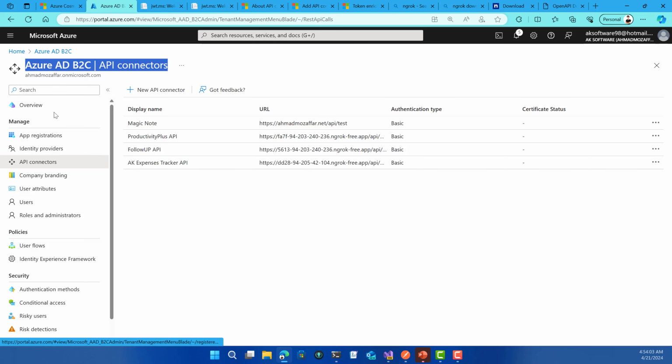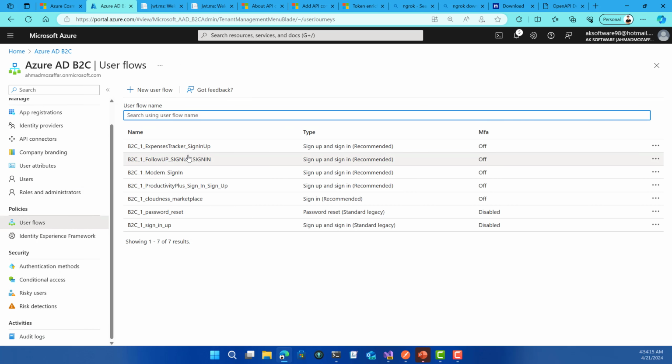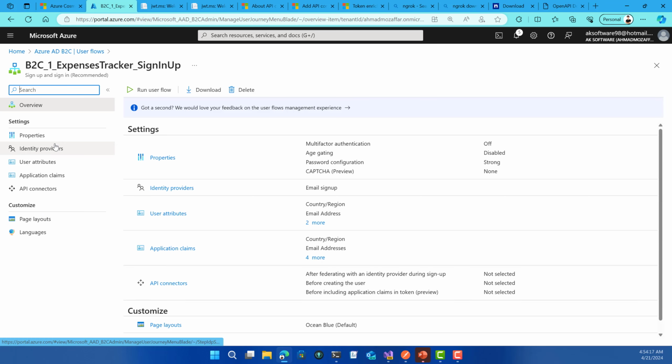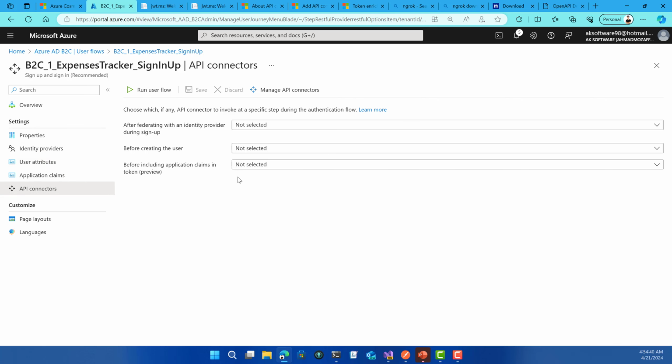The next thing is to assign token enrichment, the token enrichment API connector for this API specifically. So if you go back to your user flow, the expenses tracker 1, on the left-hand side, you will see there is API connectors. So the API connector that we set on the level of the whole B2C tenant is going to represent like your directory of APIs, because you can have multiple applications, like in my case, linked to multiple APIs. Now, on the level of the flow itself, you say like, after federating with an identity provider,